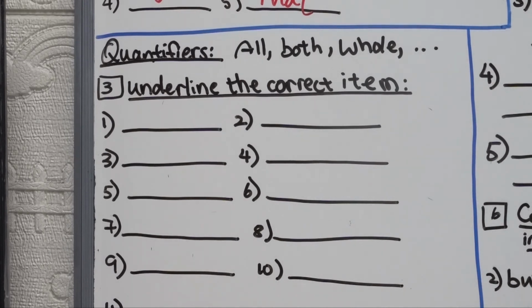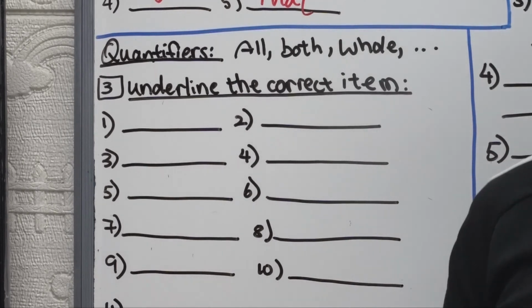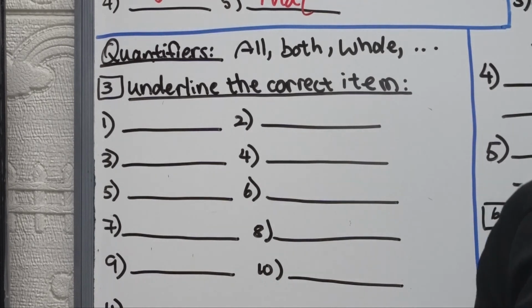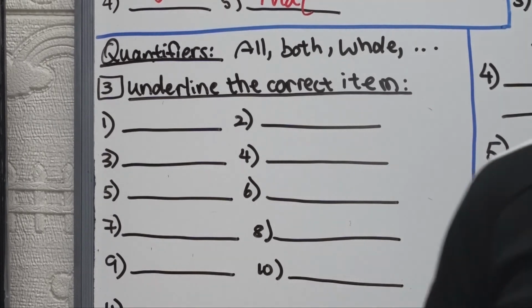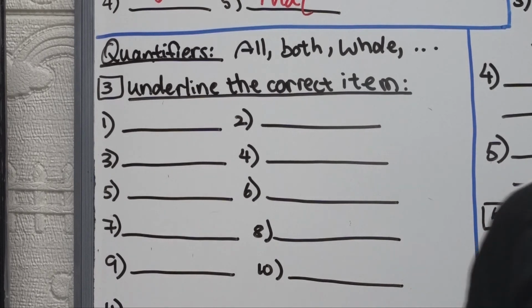Then we have whole. Okay, so whole refers to countable nouns. For example, if we say throughout the whole day, we can't say all the days. It's whole day. So it's part of a thing, right? It's a countable noun. We always use a, the, this, my, etc. plus whole plus countable, okay? So the whole day